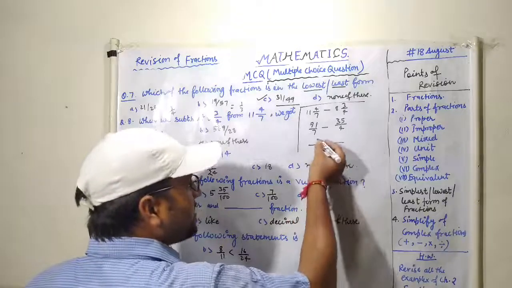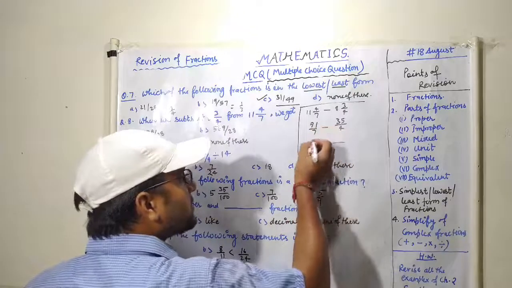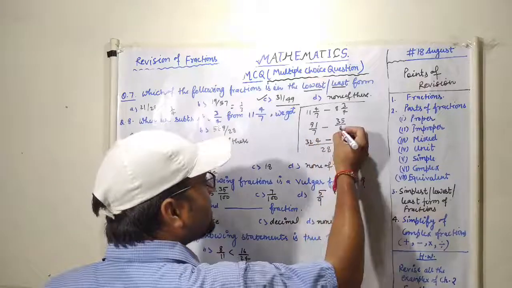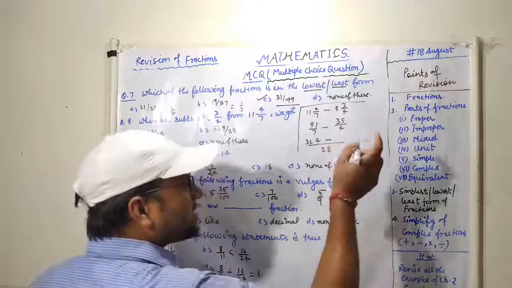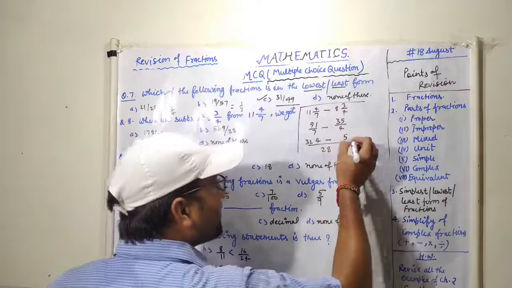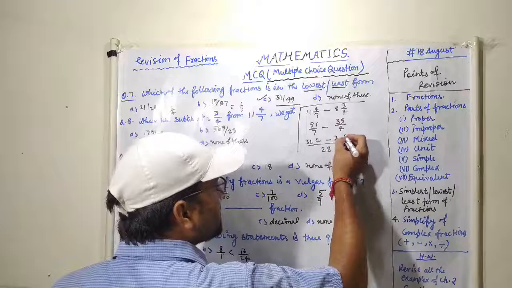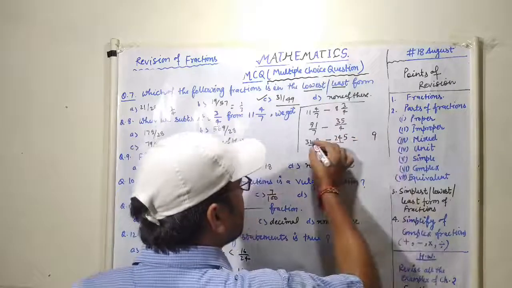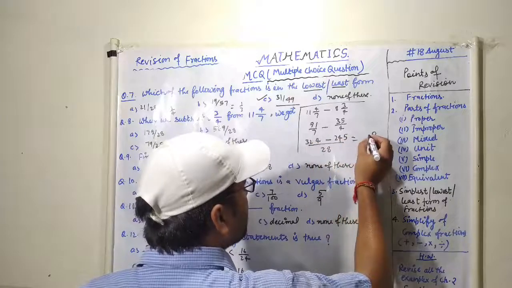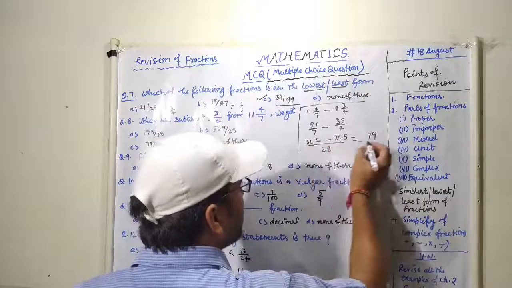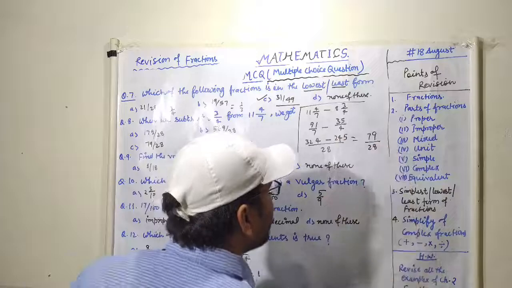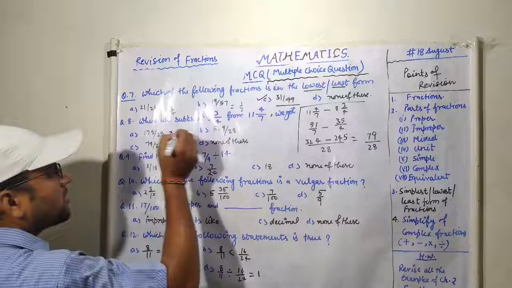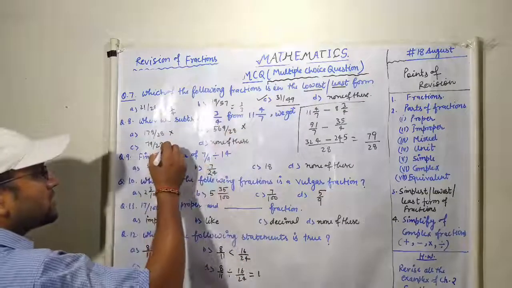7 4s are 28. If you divide 28 by 7 you get 4, and 4 is multiplied into 81: 4 1s are 4, 4 8s are 32. Minus, dividing 28 by 4 you get 7, and 7 is multiplied into 35: 7 5s are 35, 7 3s are 21 plus 3, 24. Subtract: from 11 subtract 4, you get 7, and 2 minus 2 is 0. So 79 upon 28. See the options: option A, 179, not correct. This one is also not. So option C.